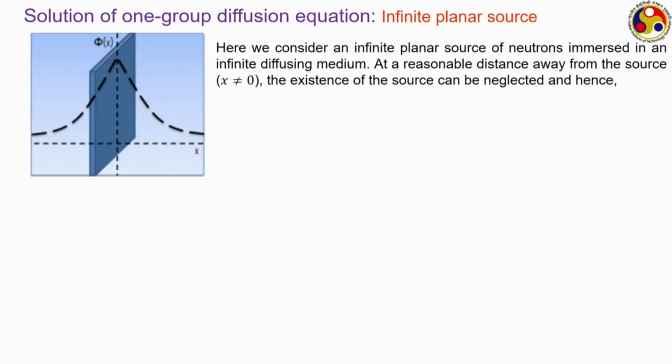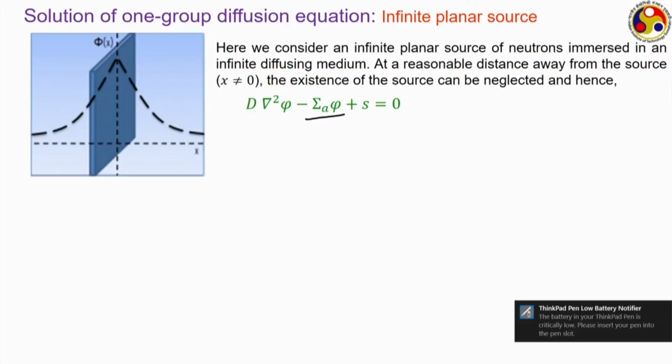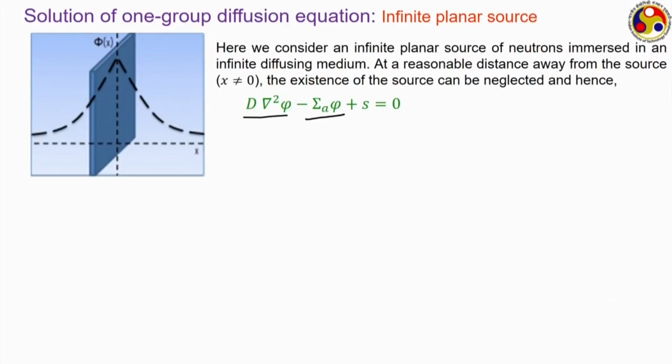So, this is the standard form of the diffusion equation, which we have already studied in the previous lecture and also mentioned in the previous slide. Under steady state, the transient term goes to 0, and so we have the 3 terms, where this is the rate of absorption, this is the generation related term, or I should say,